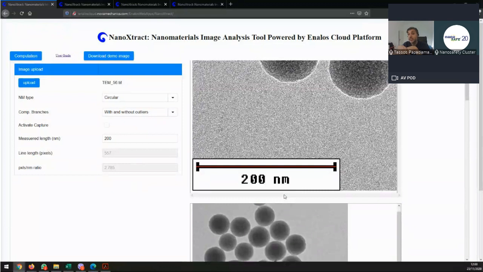You cannot do the data analysis offline, so you need to do it online. You can access the tool either directly through the URL that we showed here, or through the Nova or through the NanoCommons knowledge base by uploading the image and pushing it there.